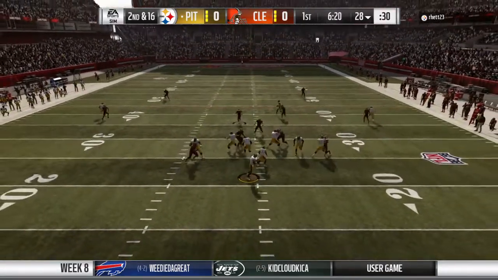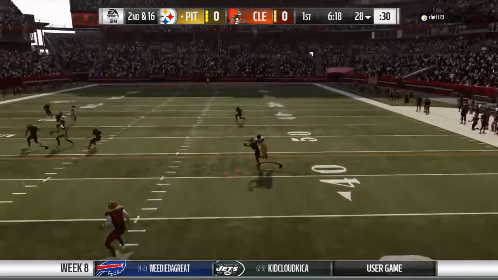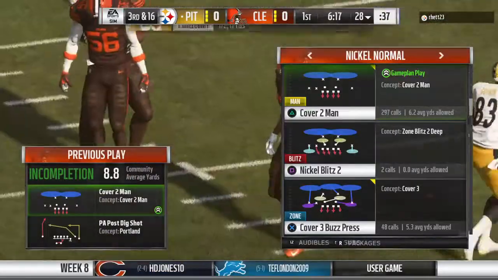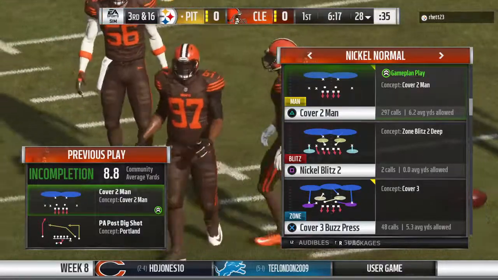Here's a play fake as they set up to throw. And nearly an interception here on their opening drive. But instead, third down. Now keep in mind,